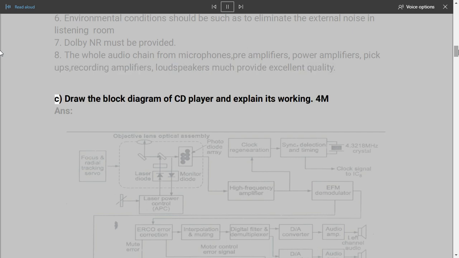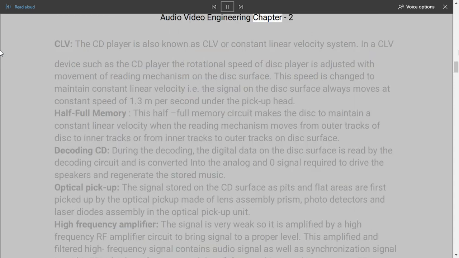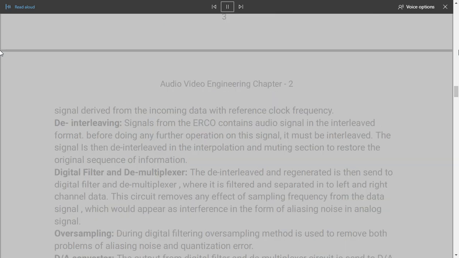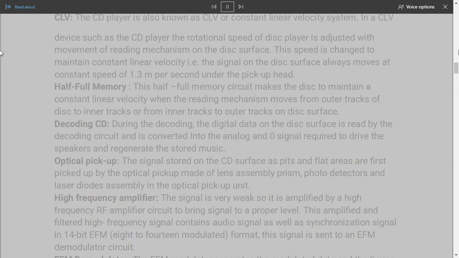C. Draw the block diagram of CD player and explain its working. Answer: Audio Video Engineering Chapter 2. 3. CLV. The CD player is also known as CLV or Constant Linear Velocity system. In a CLV